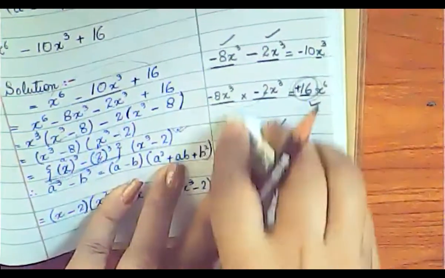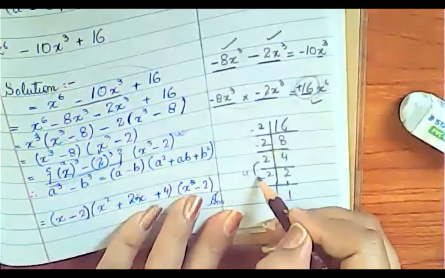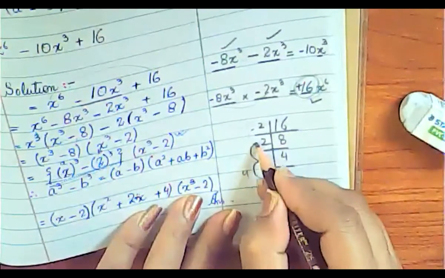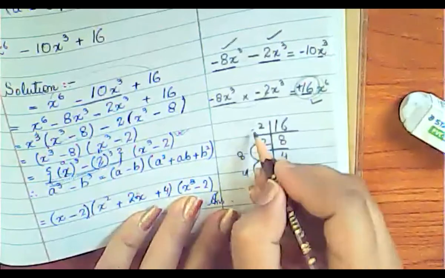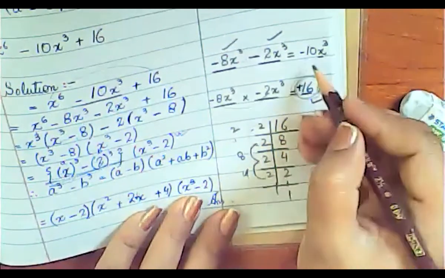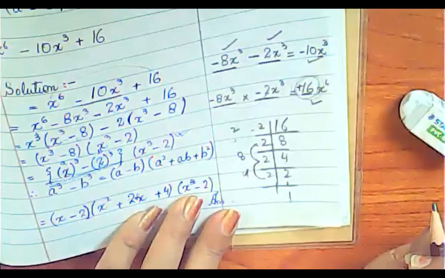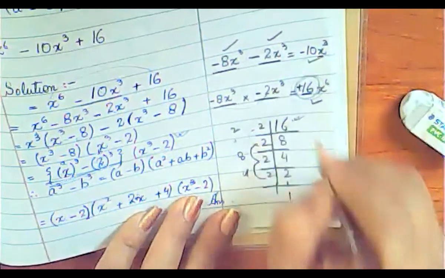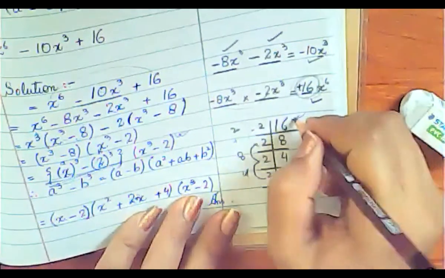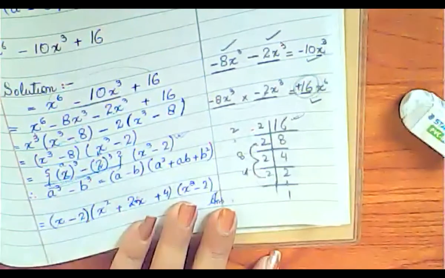So what you will do here: 2 multiplied by 2 is 4, and 4 multiplied by 2 will become 8, and 2 will be left here. So 8 plus 2, obviously you will get 10 here. Okay, so this is another way to find out the factors, because we are going to use this method in the next question. Now look at here, what is your next question?